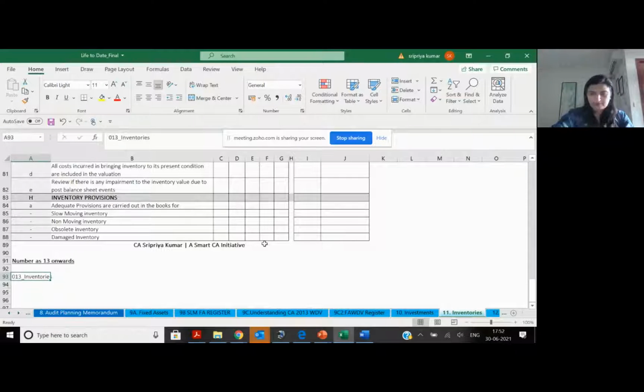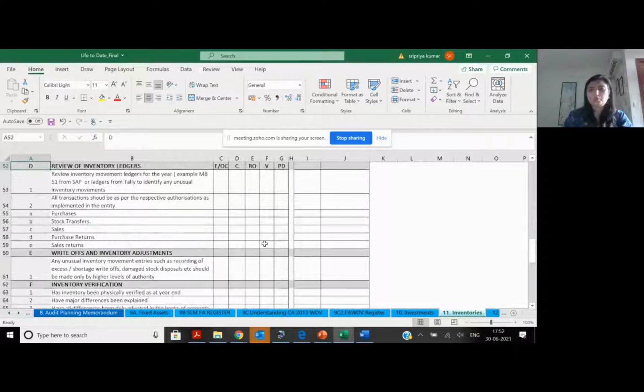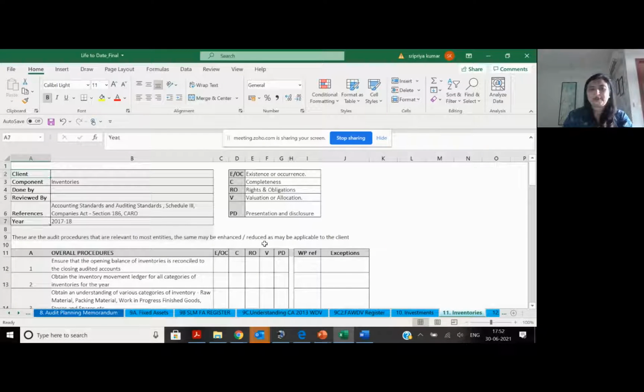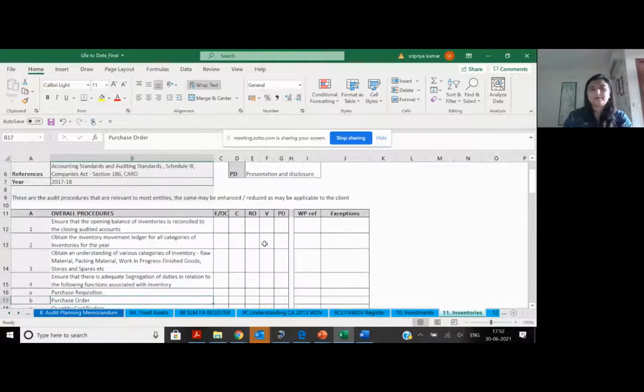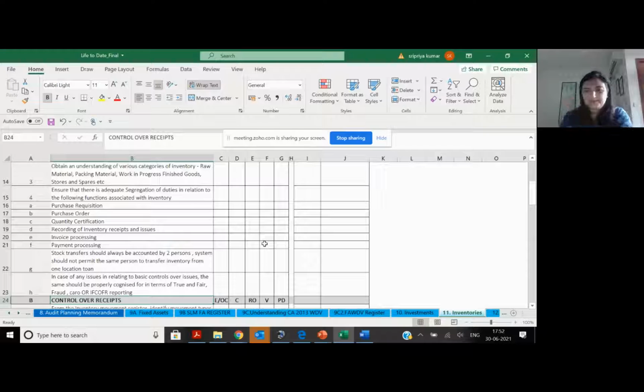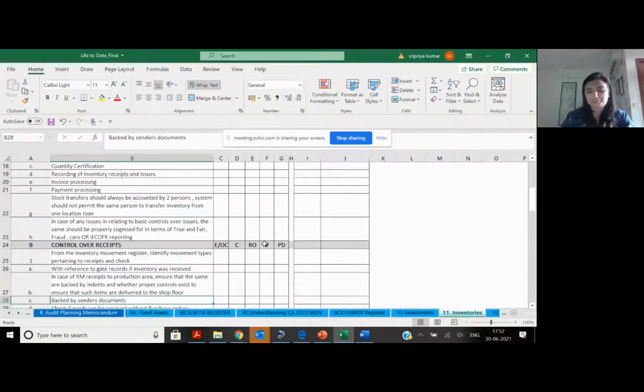Inventories. Okay. Inventory again, I have a special paper to show you. So again, in inventory, it's the same story. I have an overall procedure. Opening should reconcile to closing of last year. But my closing of this year is coming from outside, right? There is a verification, there is a valuation, then there is identifying my closing stock in my balance sheet.